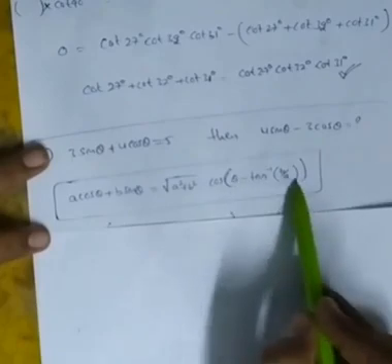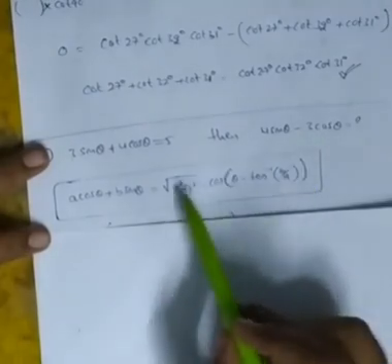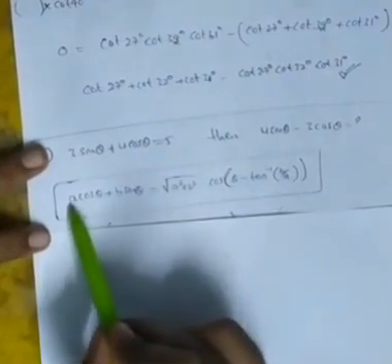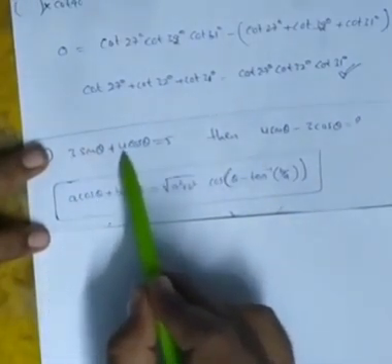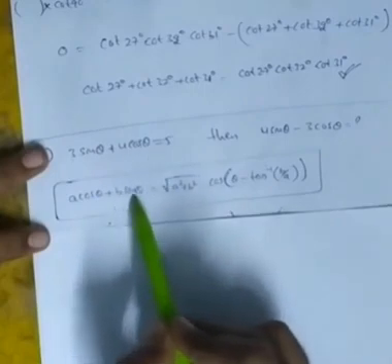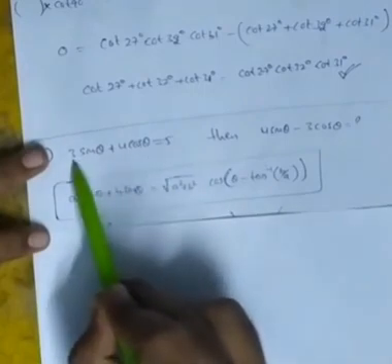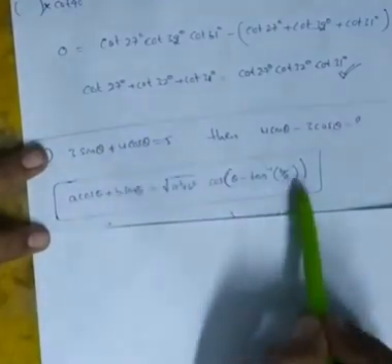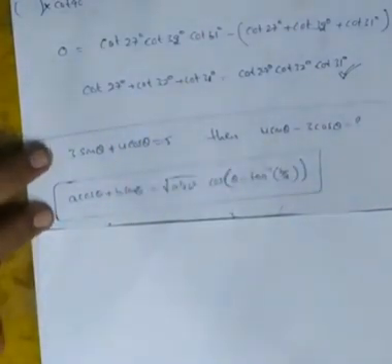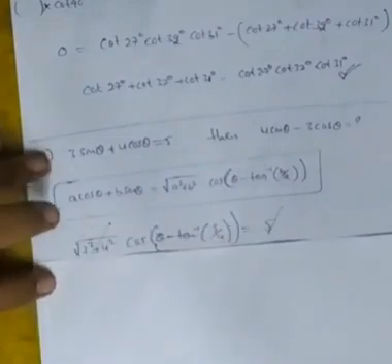Theta minus tan inverse of b by a. So here a is the coefficient of cos theta, which is 4, and b is the coefficient of sin theta, which is 3. So expanding this left side in terms of the formula, we are not touching the right side term.